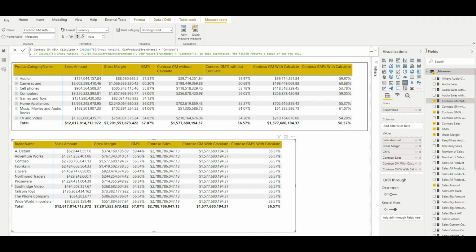Now when I was talking about the FILTER command, what I meant by that, and why I said that it is translated to a table expression, is here. Though I have placed the Boolean condition, you can see dim product brand name equal to Contoso. This is a very simple Boolean condition. Now you see that this Boolean condition gets translated internally into this. So what happens is, first of all, the command is placed on top of the brand name, whatever column we are using.